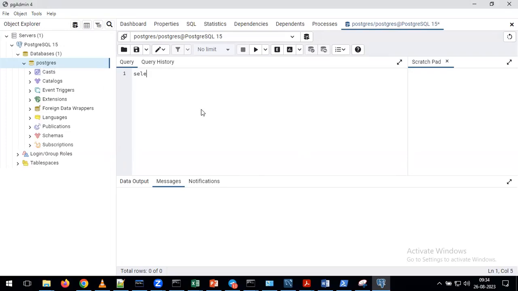Here, for example, I'm giving select star from information_schema.tables. Any guesses what this table is? Information_schema.tables is one of the system tables which has all the table information of your Postgres, and we have the same type of table in MySQL also. In MySQL, we give it as InnoDB underscore something, but in Postgres we give it as information_schema.tables. Now this is the query I'm writing. If you want to run the query, just click on the run button.